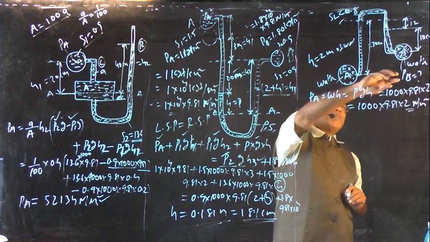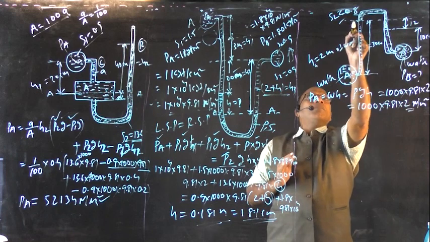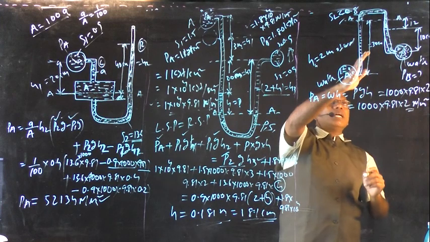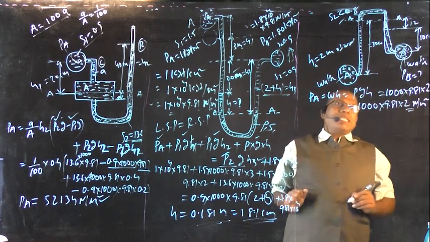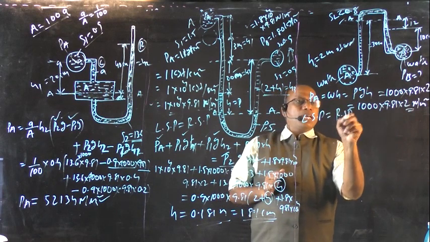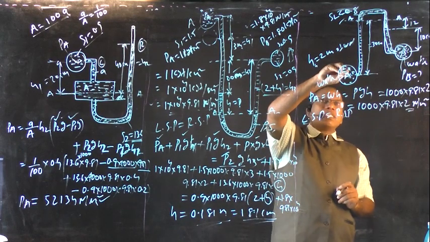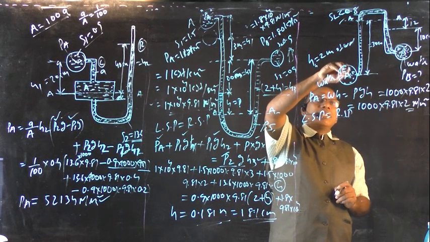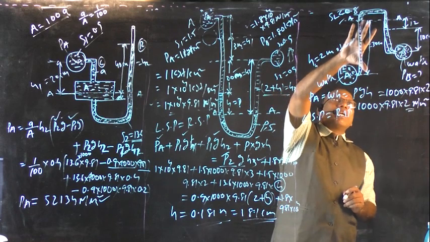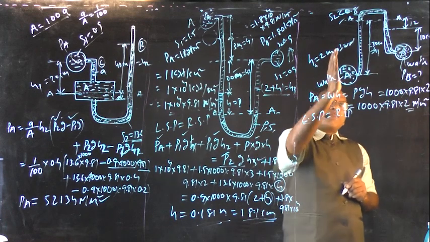Now we are going to determine the pressure in pipe B. Here also, the left side pressures below the datum line, say datum line AA, must be equal to the right side pressures. What are the left side pressures? One is the pressure because of the pipe liquid, that is PA, which we have already determined, and another pressure is because of this water column, say H1. These are the left side pressures.